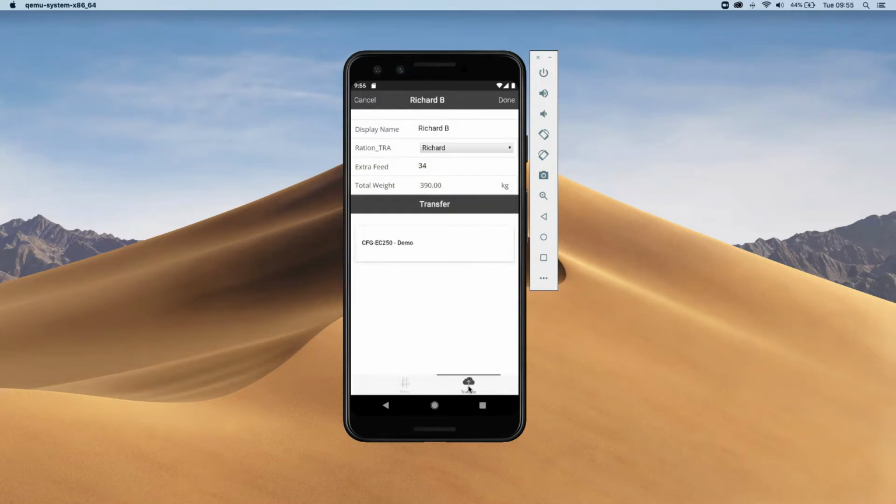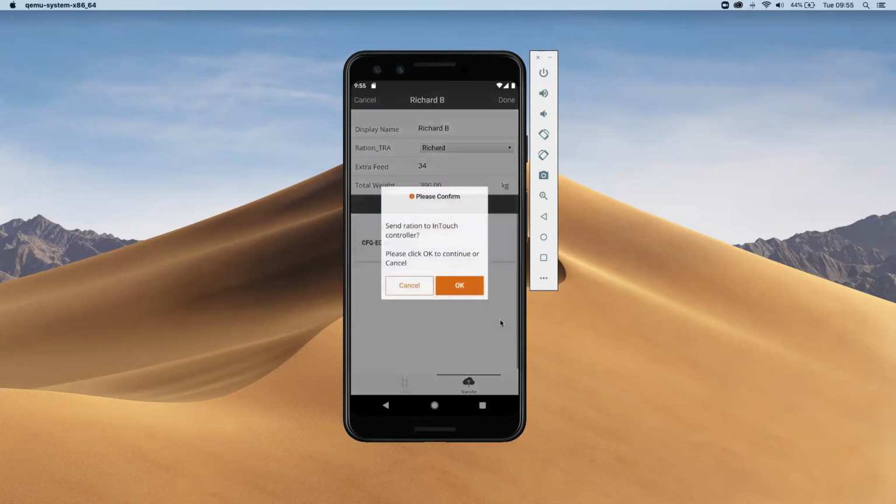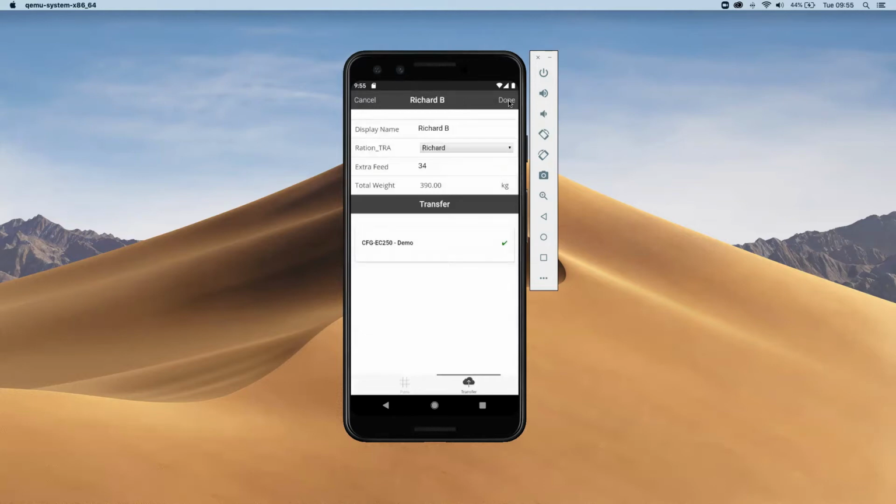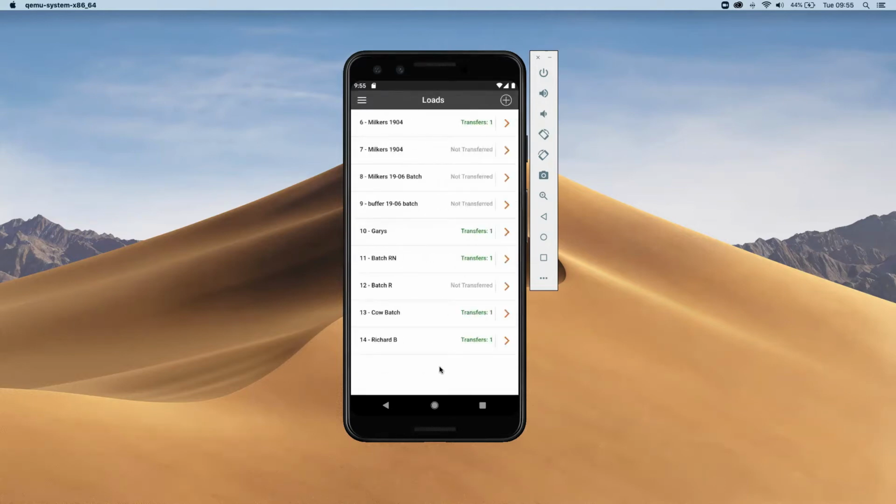And if I want to transfer that recipe, then I go to transfer, tick the box, and it gets transferred to the controller. And as I said, when you sync the controller on the machine, you will get that there directly, straight away. Don't mind these little visual tweaks. This is, like I said, a development thing.